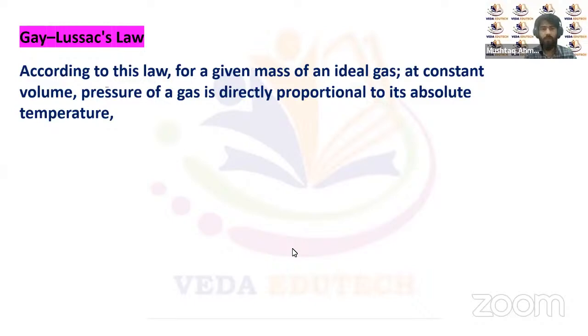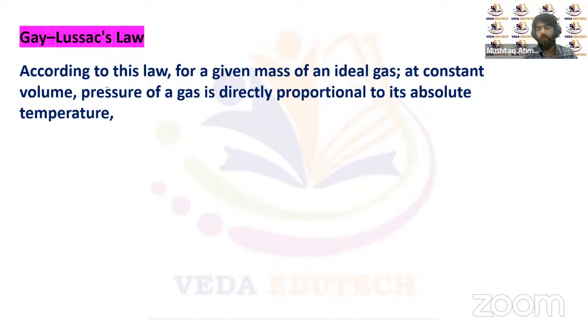So today will be the second lecture of the kinetic theory of gases. We'll be starting with Gay-Lussac's law for ideal gases, and then we'll also be discussing the Maxwell-Boltzmann distribution of speeds at different conditions for a given gas. So we'll start with Gay-Lussac's law, and according to this law, for a given mass of an ideal gas,